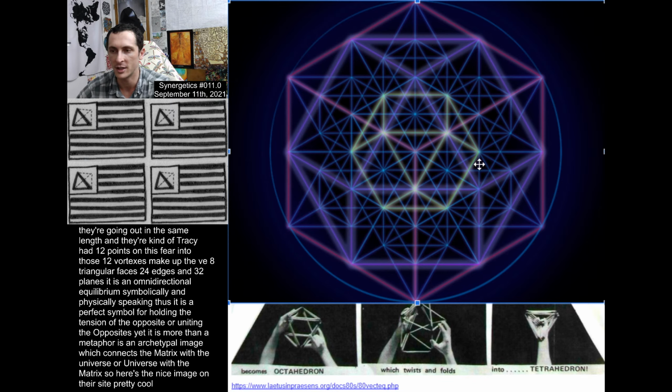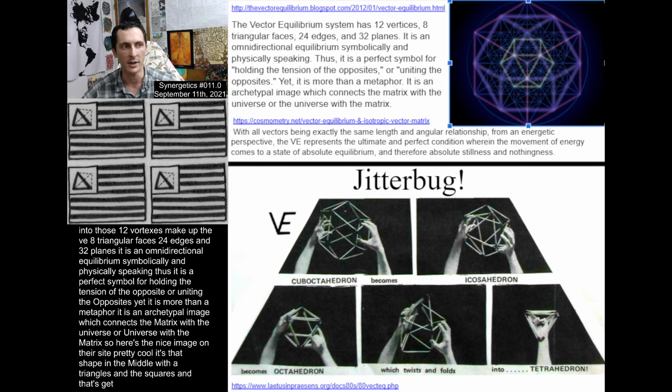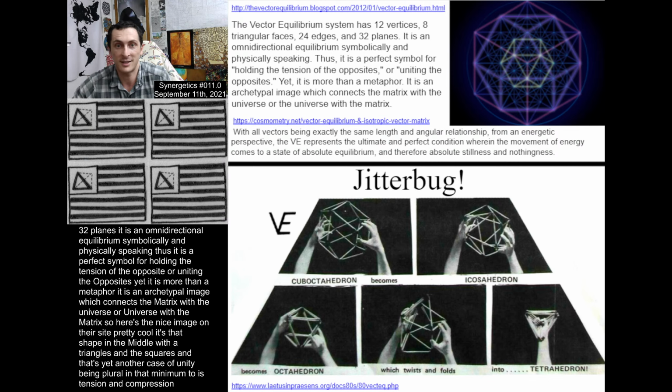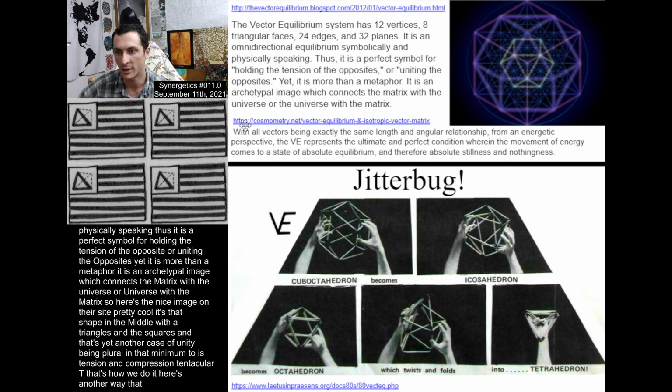It's that shape in the middle with the triangles and the squares. And that's yet another case of unity being plural and at minimum two, is tension and compression, tensegrity. That's how we do it. Here's another way that somebody else wrote on